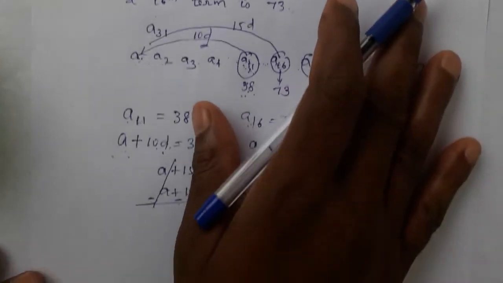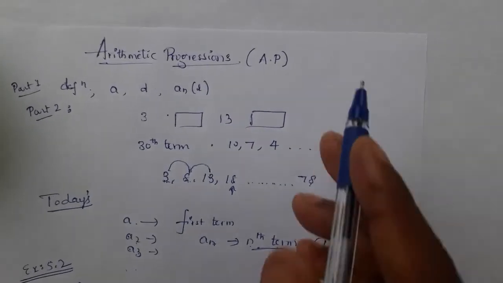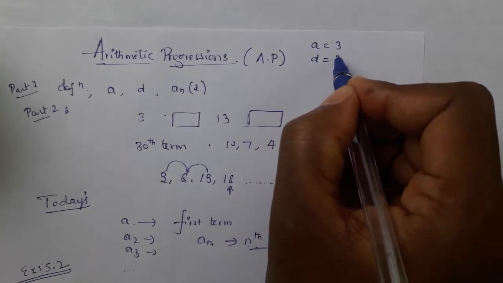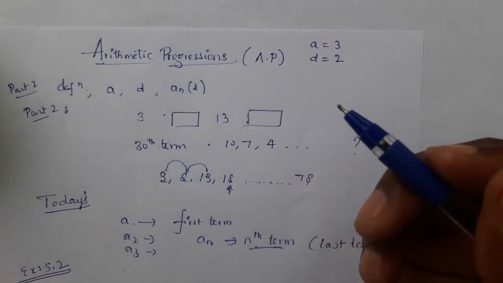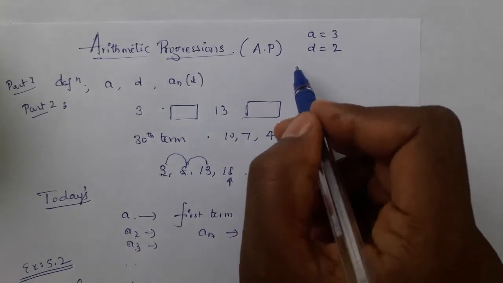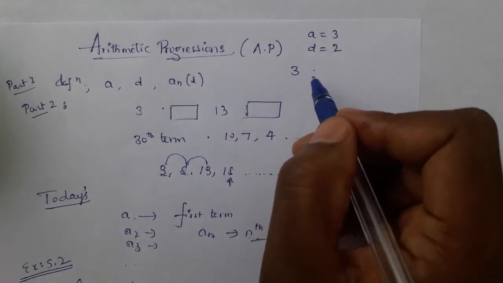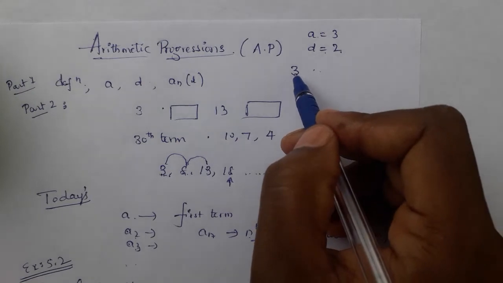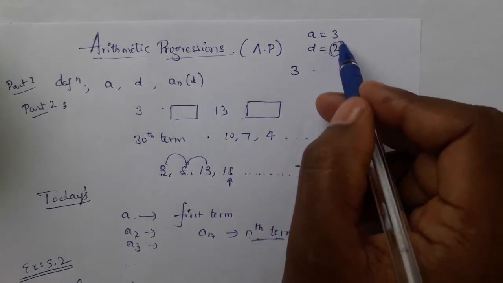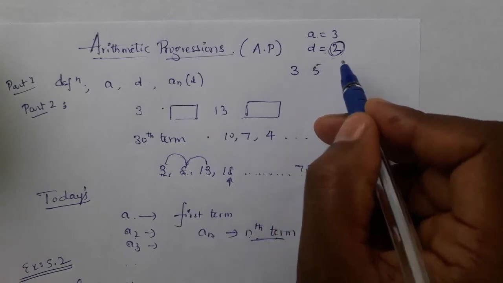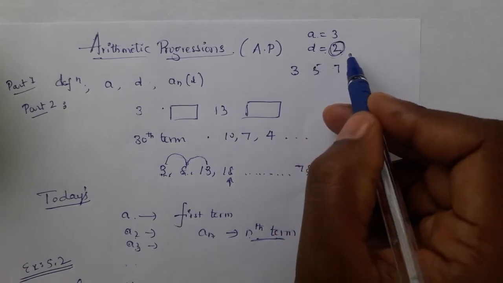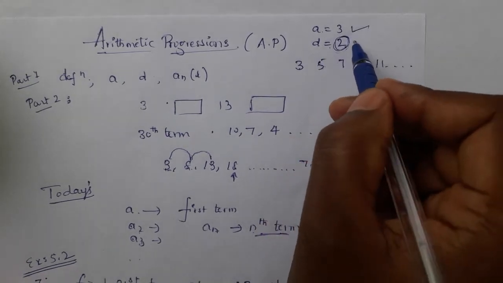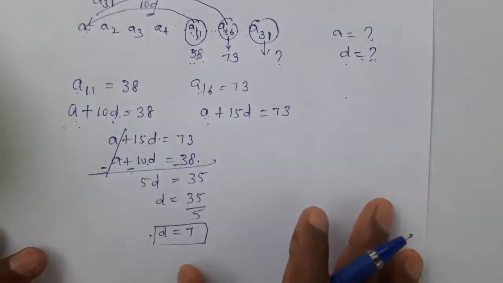It is true. So I'll give you a simple example. See, I give you A 3, D 2. Now you can complete the progression infinitely. A is 3 means the first term is 3. What is the second term? Second term means first term plus difference. So the first term is 3. The second term is 2 extra. Difference 2 means it is 2 more, 5. Third term again 2 more, 7. Again 2 more, 9, 11, dot dot dot. It will go on. That means using A and D, you can write an infinite arithmetic progression.